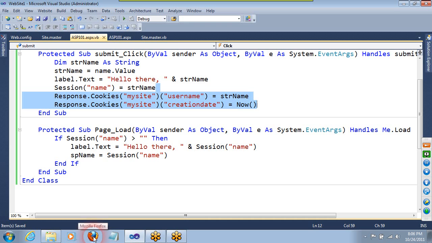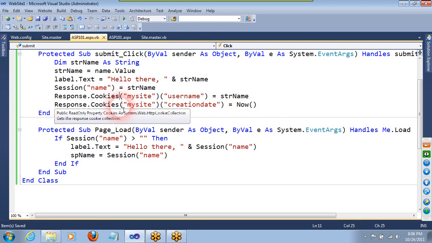Cookies are definitely tricky. So you're just inserting my site into those two statements. Yes. Because cookies is sort of like a multi-dimensional, many-sided collection, whereas session just has the one list. With cookies, I could put Google here and read the Google cookies. But my site is basically telling it to create a set of cookies just for my site and add username to them. That's telling me value is not